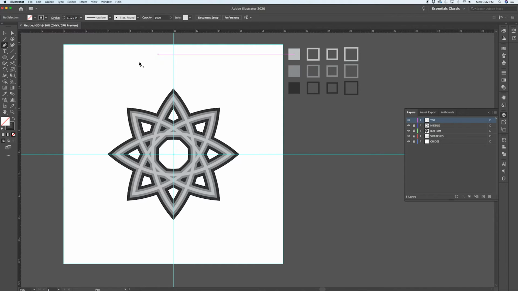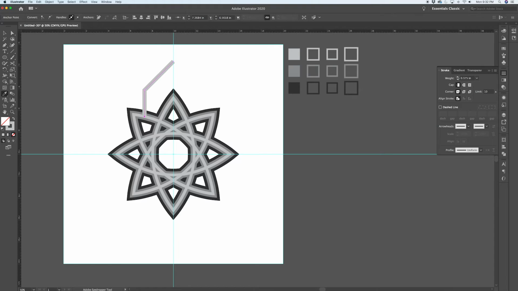So we're going to use the pen tool. Let's find our middle point here. Click once, hold shift to constrain to a 45-degree angle, click again, and then find the middle of this path here and click down there. Use the eyedropper to pick up the top stroke color, increase the weight to a spot that you're happy with,